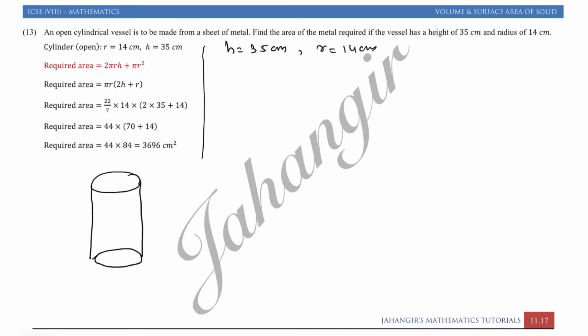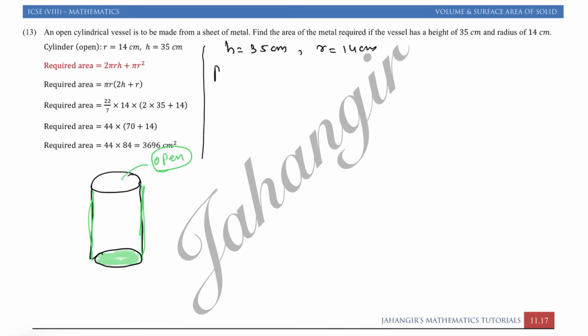So if you just draw the vessel, the side surface is there and the base is there. This base, we can just consider as base, and we have the side surface area. The side surface is this, in green, if I am marking. Top is open, this is open. So we have to make the surface area formula.